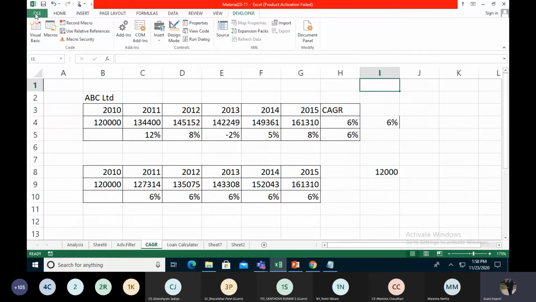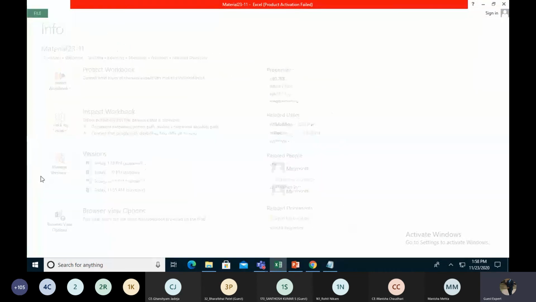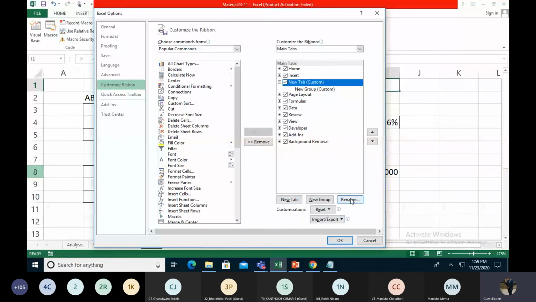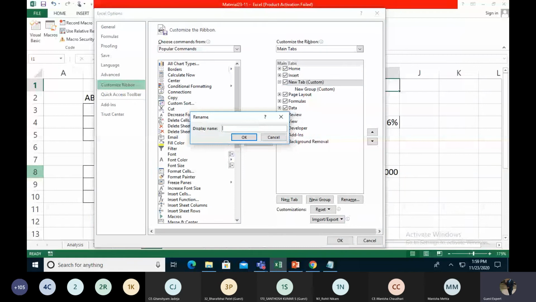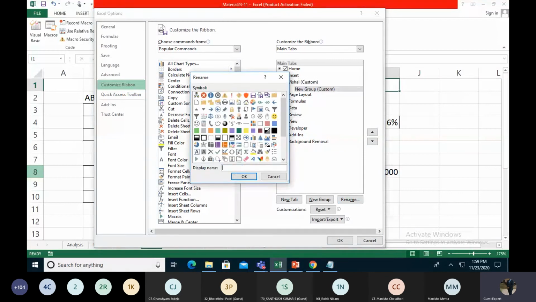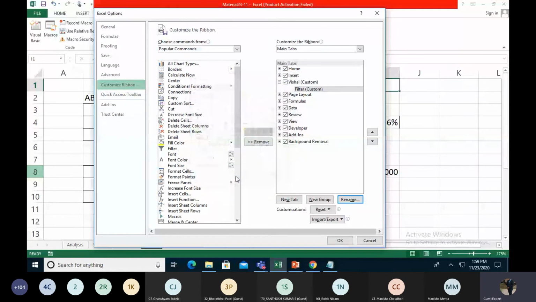You can hide and display any tab, and we can even create our own tab as well. When you go into Options and Customize Ribbon, we can create our own tab. Just like that, I create a new tab after Insert and rename it Vishal. In this group, I also name the group Filter.